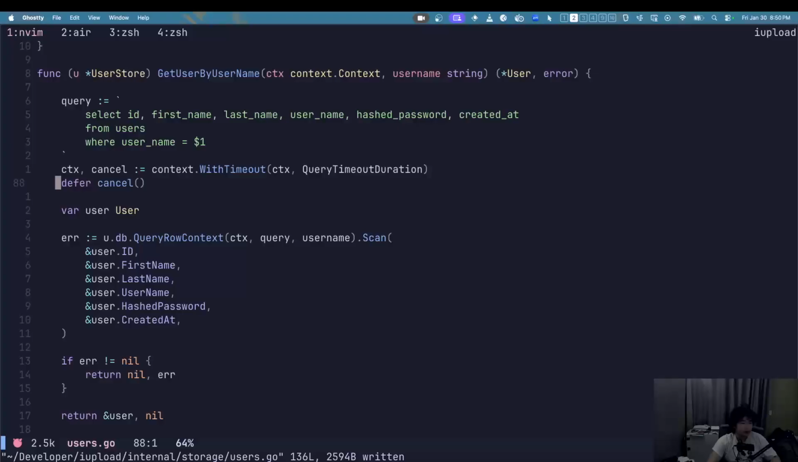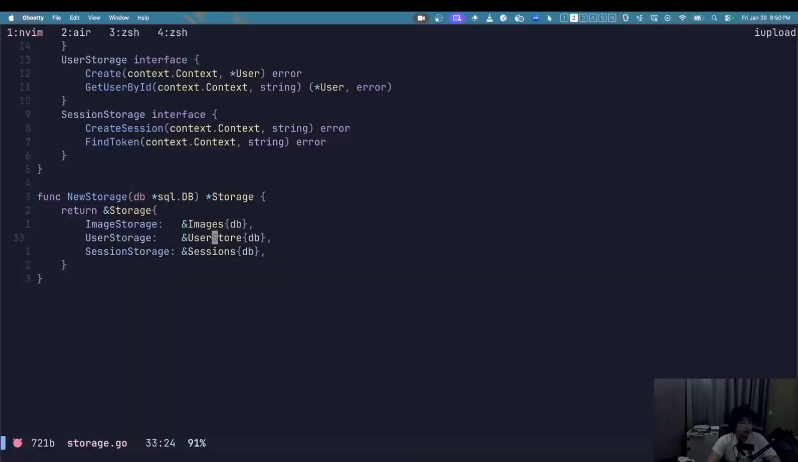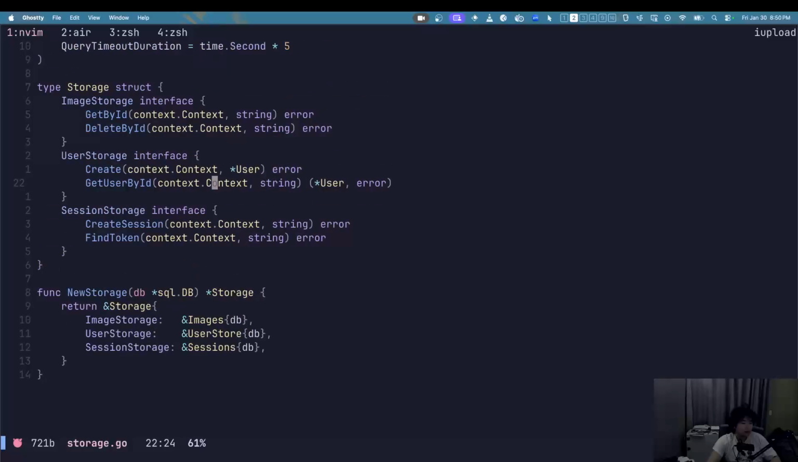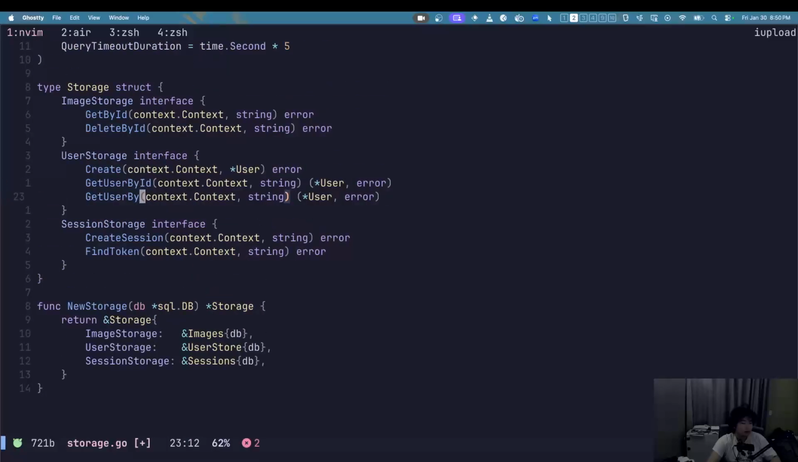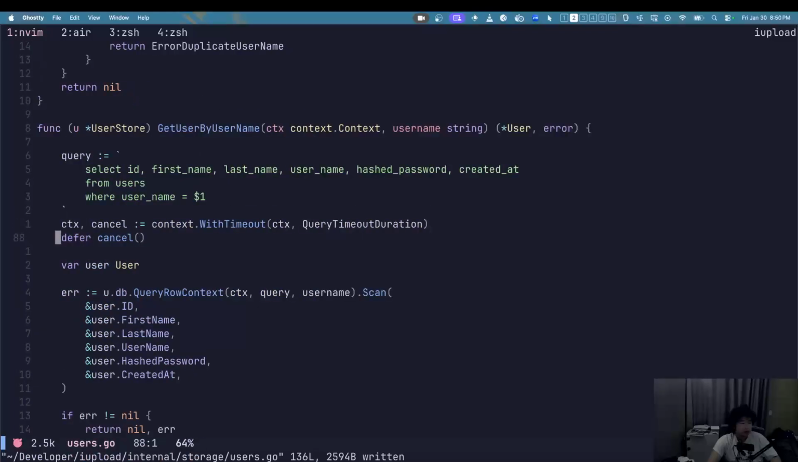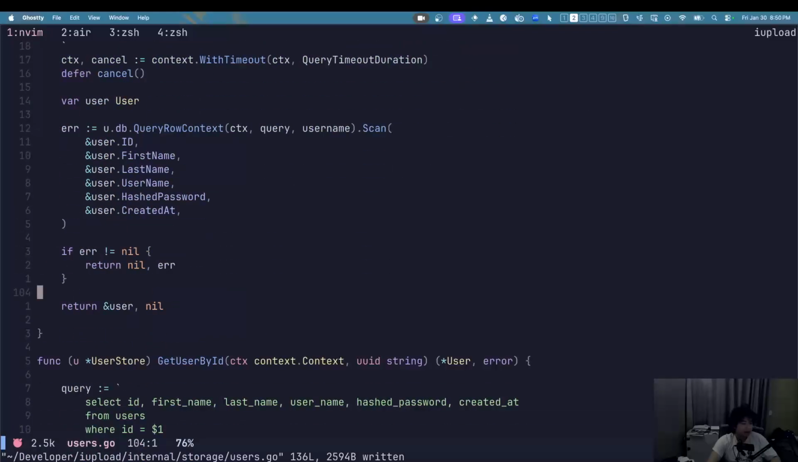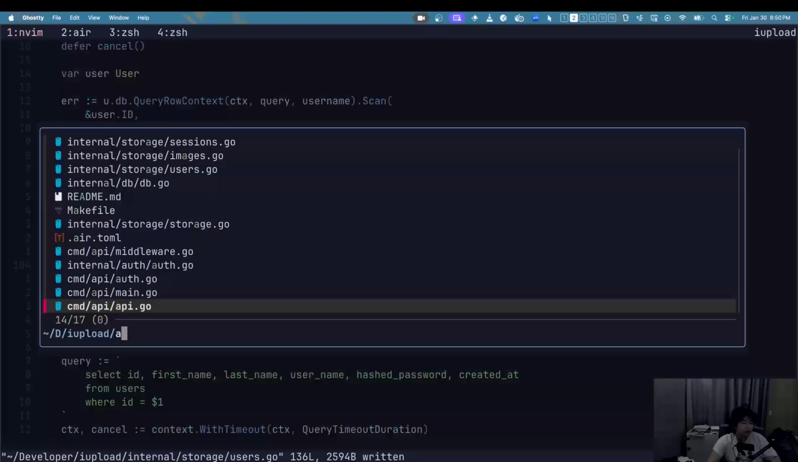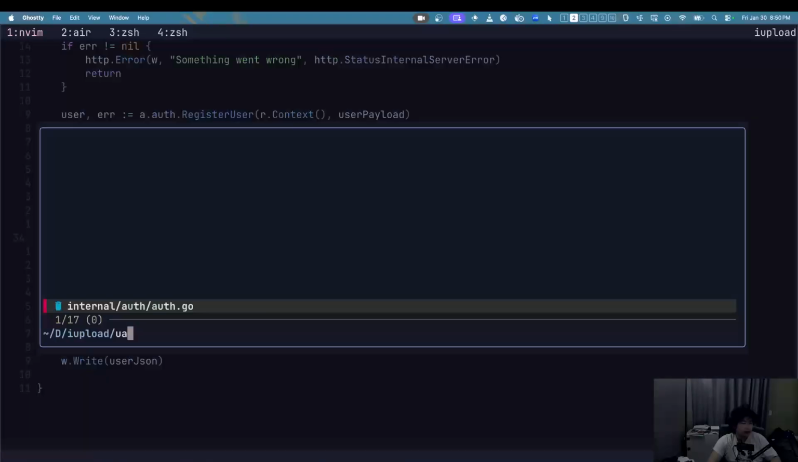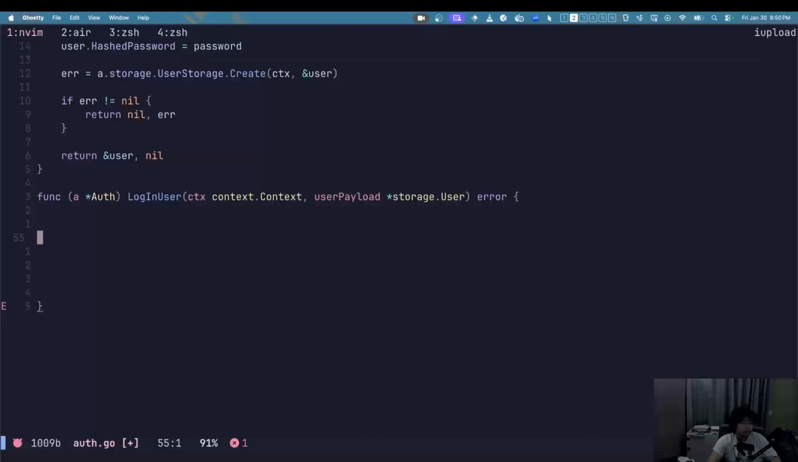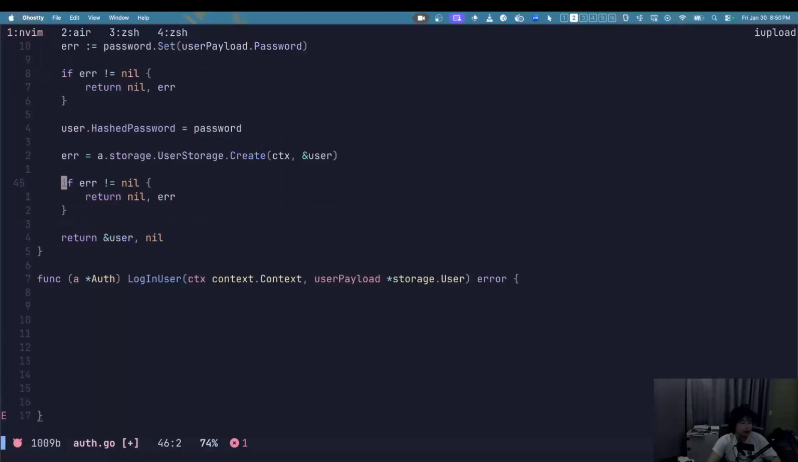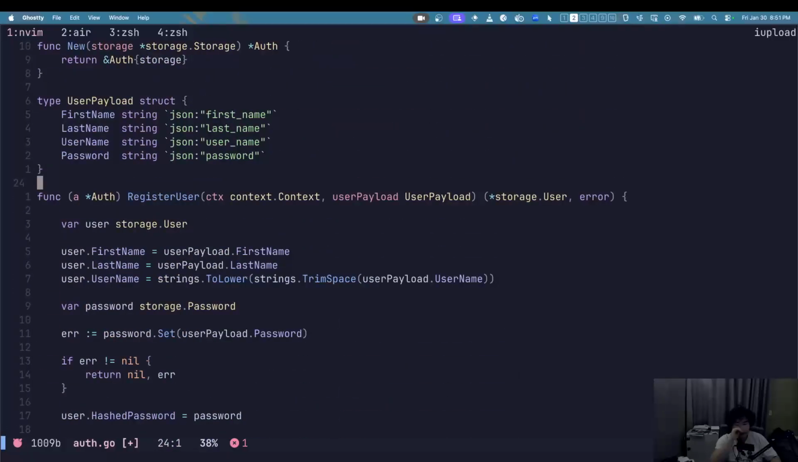Okay, use it. And then now in our storage.go, we need another one called get user by username, and it's type string, and of course returns a whole struct of a user. Yep, that's perfect. So now in our auth.go, we can start doing the implementation. So basically, we're gonna have a login user, which gives us a user payload,